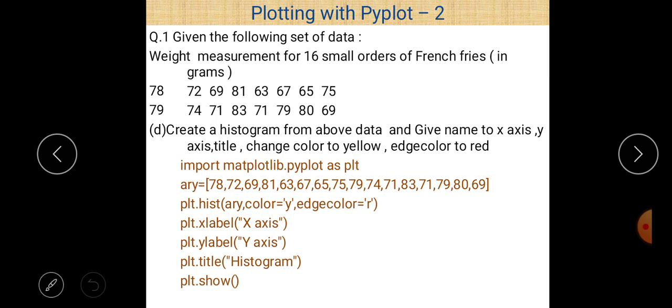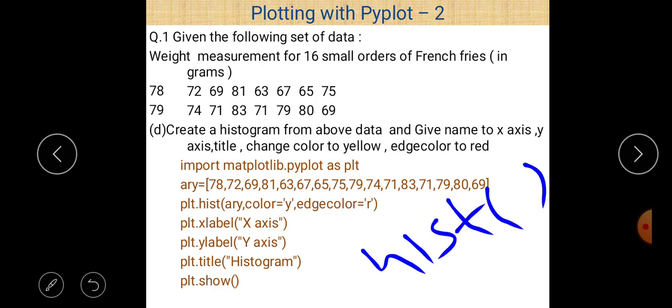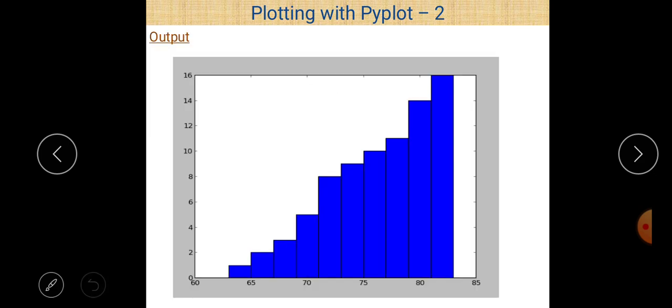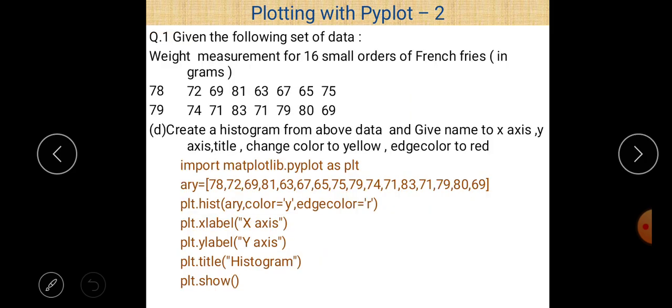As you know, a histogram is created using the hist method, but in this case certain other parameters should be used, and these are the titles of the x-axis and y-axis, and the color should also be changed. The color is yellow, and the edge color is red. So we have to change the color of the histogram and also the color of the edge, and you can easily see that the color of the edge is black by default. So in this case we have to change the color of the edge also.